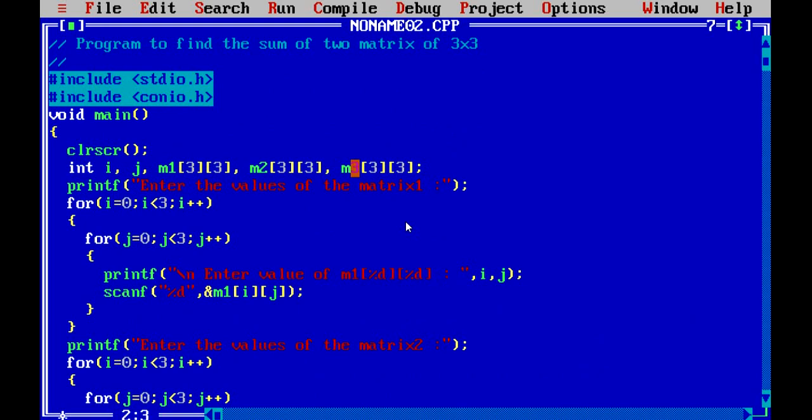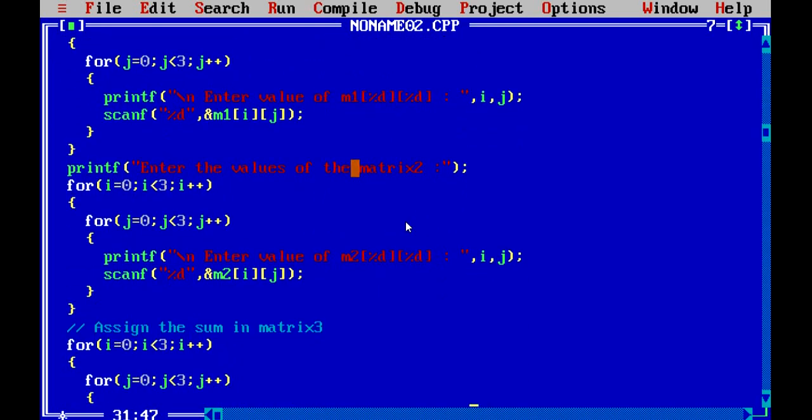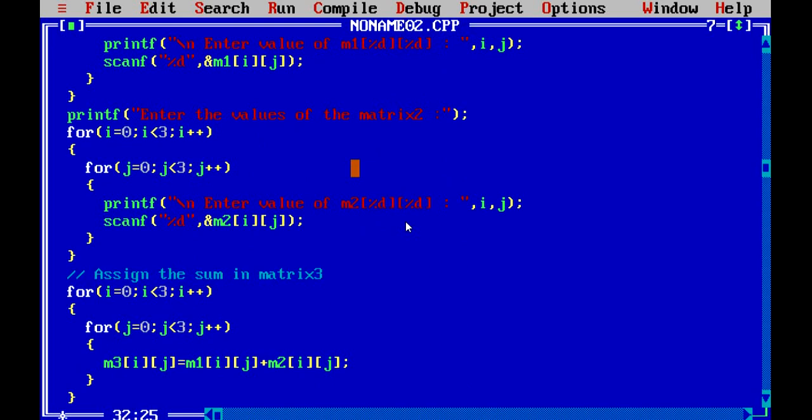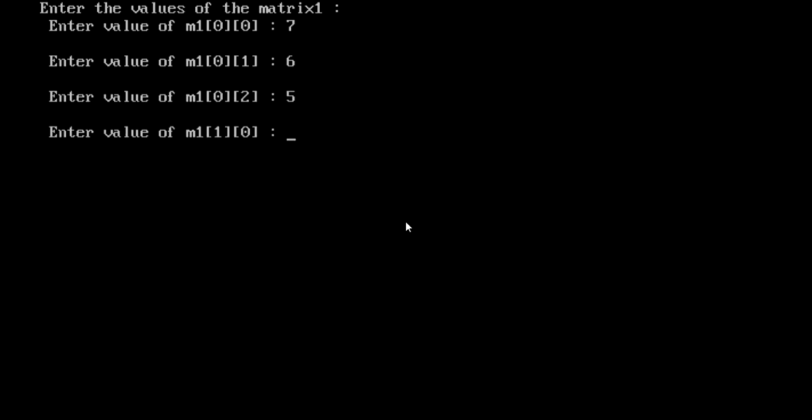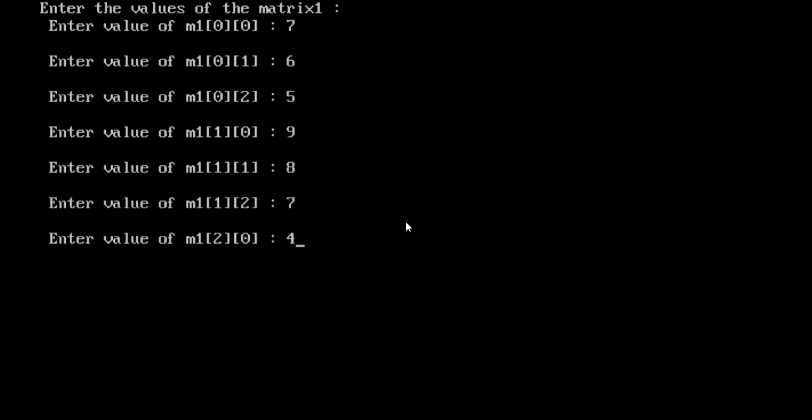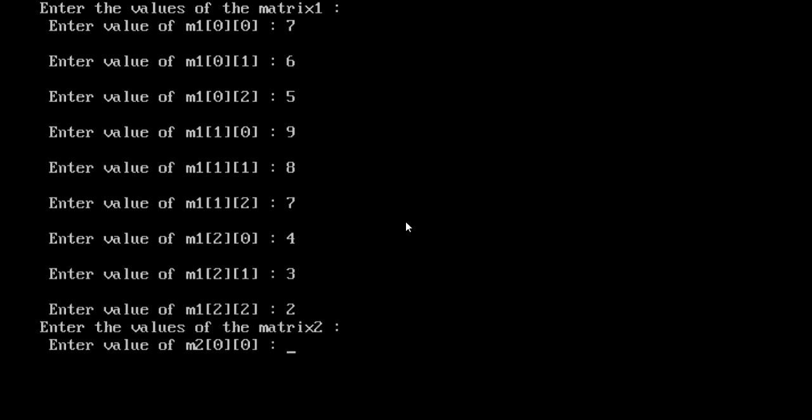In the same way we can find the subtraction of the two matrices. What we have to do, we just have to go here and change the operator minus, and let me run. Let's say I am giving 765 for the first row, then for the second matrix I am giving